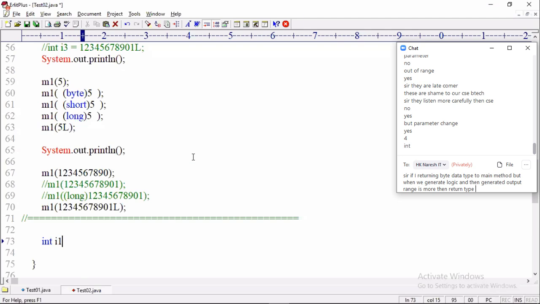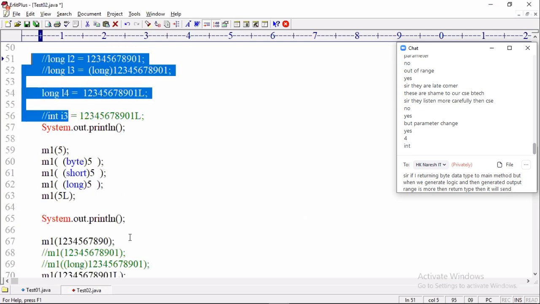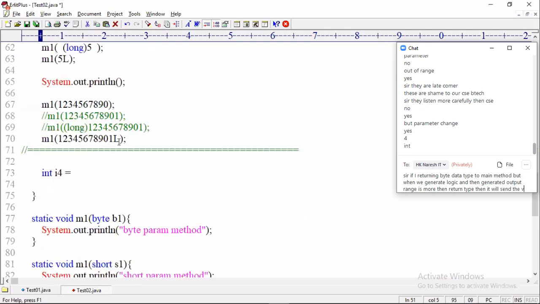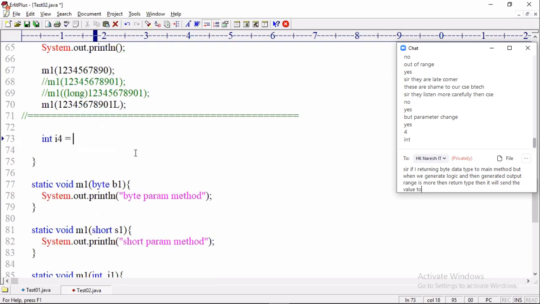Int i4 equals, I'm taking i4 because up to i3 variables I have used. Whether you want a very small number or a somewhat bigger number, you take int only. Did you catch my point?